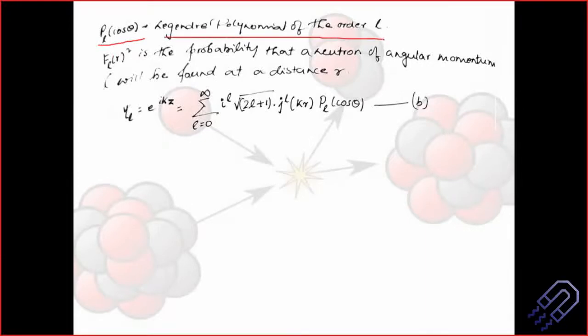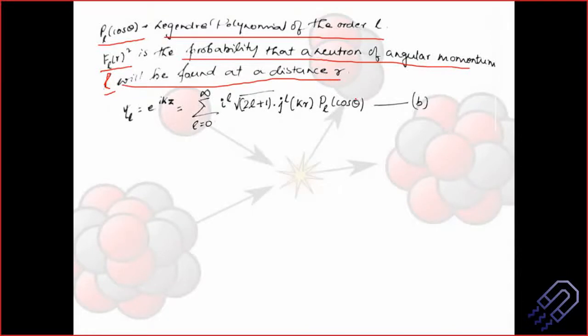Okay. And then if you write down |FL(r)|^2, that means you are taking a square of that. This is basically nothing but a wave function only. So this is basically the probability that a neutron of angular momentum L will be found at a distance r. So what does this function say? This function says, if you remember, we take psi star and then we consider psi and then multiply them, take the integration, okay, and then based on that we get a value. This value will tell you how probable is the existence of that particular state.